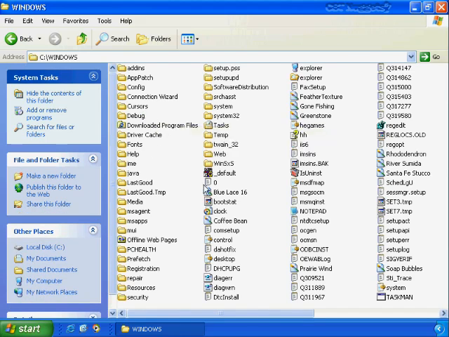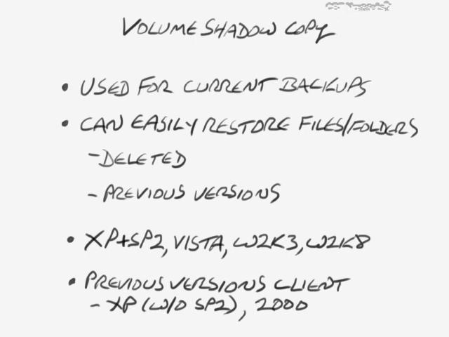Now the CSC folder does not actually appear. Let's address volume shadow copy. This is a really cool technology used with current backups that will allow you to back up files that are even open. That's why when you use Windows Server 2003 or Windows Server 2008, or Windows Vista's backup technologies, it's going to create backups of files even though you already have them open. In older backup technologies, it would have to wait until those files were closed. So if I had a Word document open, for example, then older backup technologies would not be able to back it up because it was locked open.